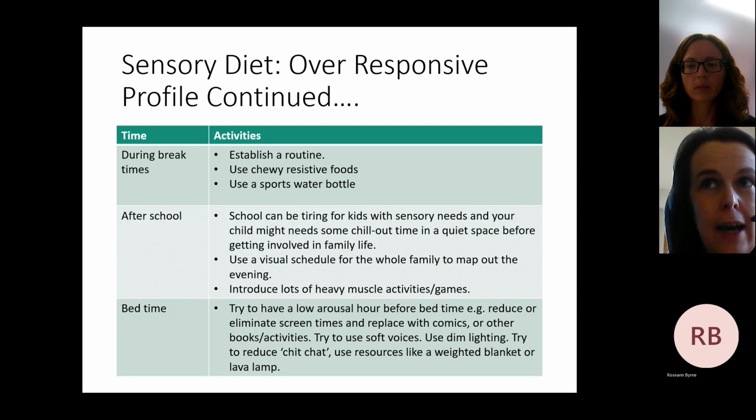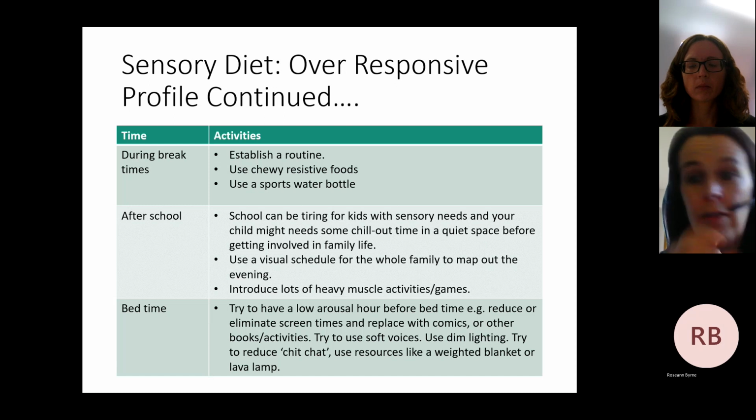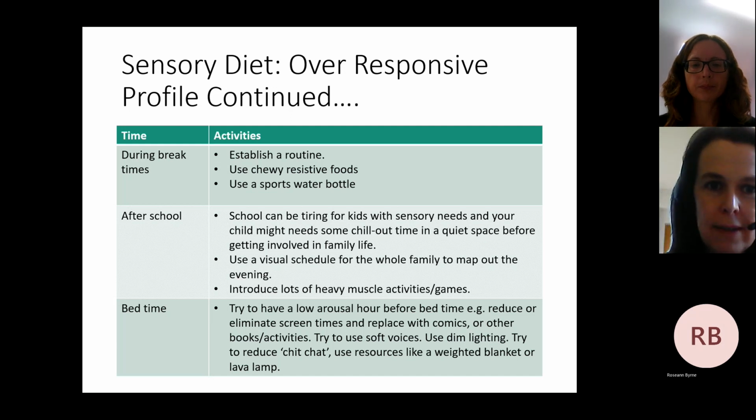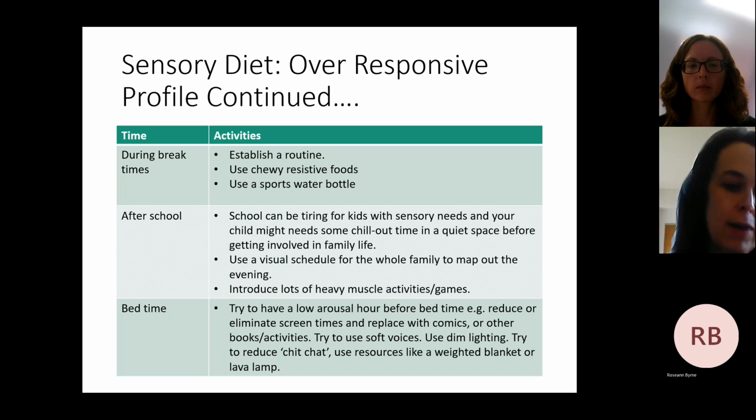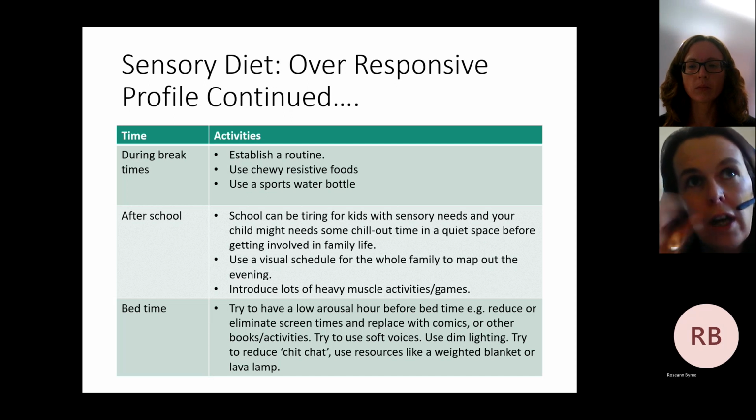like a typical school day would have plenty of opportunities for movement. So during break time, which can be quite overwhelming for our kids with small cups, because if you think about it, break time is very unregulated and unstructured, and lots can be happening. So to try and establish a routine: I have my lunch over here, and then I go outside and walk around the outside of the yard for a while. Some chewy resistive foods, and sucking on the resistive sports bottle as well. These really help empty out our small cups